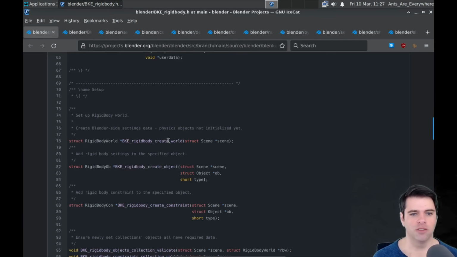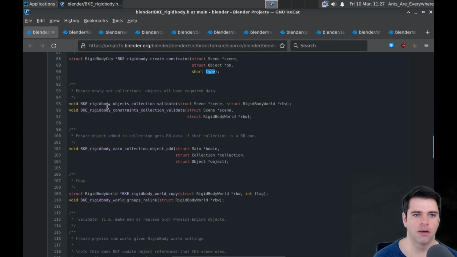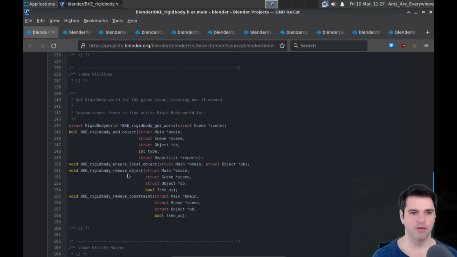Set up rigid body world. So how do we create a world? We're going to create a world and we're going to pass in a scene. We're going to add settings to it, create object, pass in the object. Here, add rigid body constraint to the specified object. I guess the constraint is a short type. Your newly set objects all have prior data. Validate some stuff, helper function. Utilities, we can add